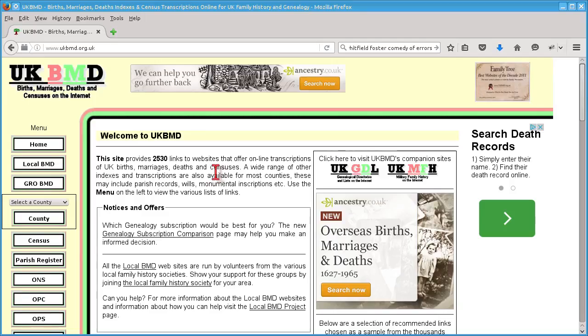In this tutorial we'll be looking at some of the differences between the regions and districts as referred to by the General Register Office, the GRO, and the local register offices. Sometimes you may find an ancestor in a different district to where you expected to find them, and sometimes when you look in one region you might not find an ancestor in a region where you would expect to find them. So, starting as usual at the UK BMD website, I'm going to have a look on the FreeBMD